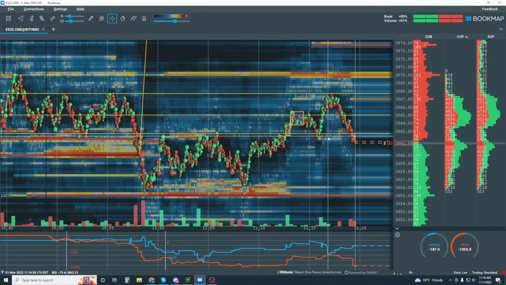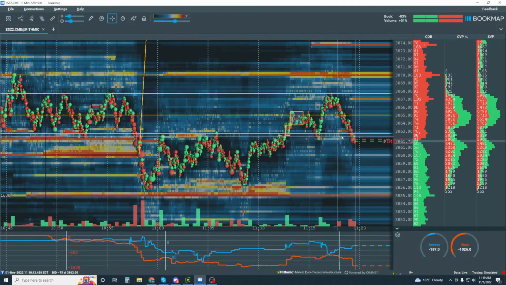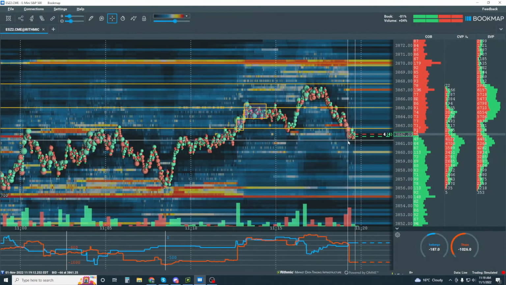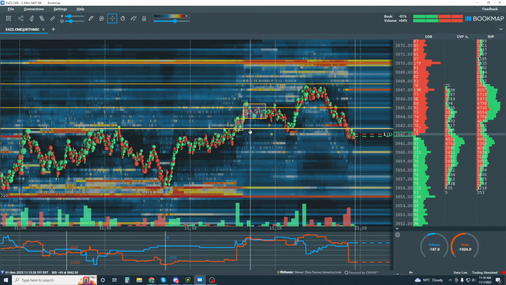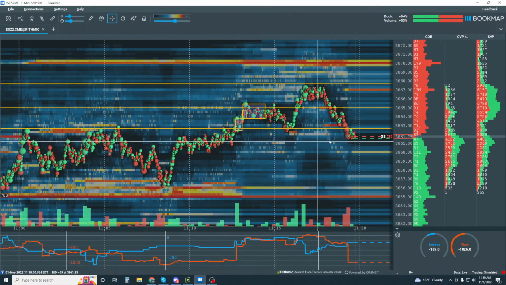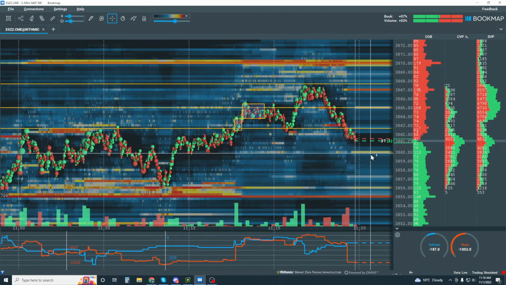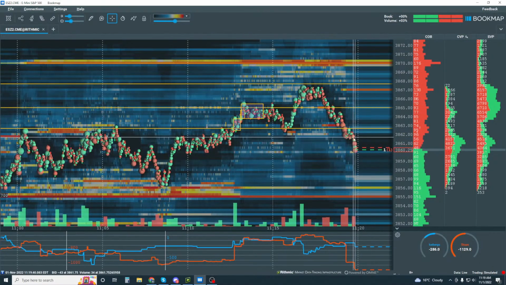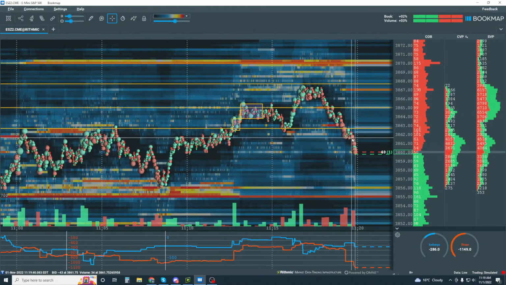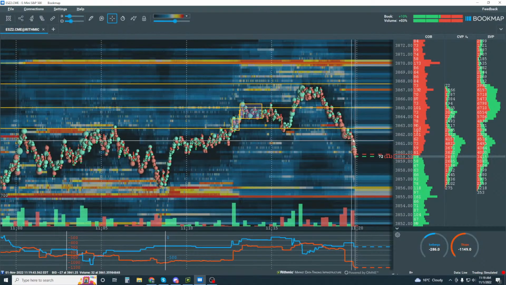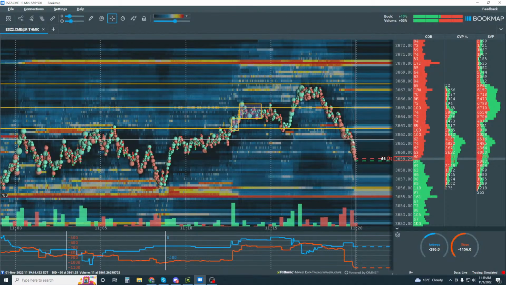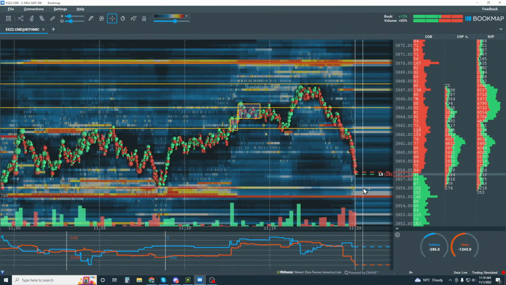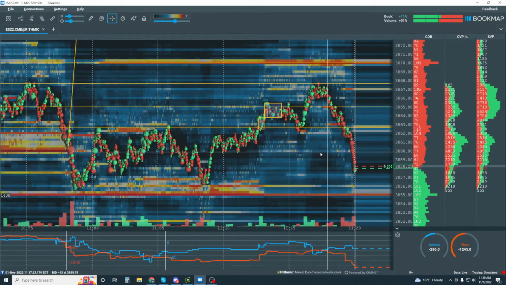Okay, now selling coming in, and we're below all of that buying right now. So let's see if the sellers can take it down. 60. Yeah, you'd have to just jump in there and take a swing at it here at 60 or 61.5. Stop to break even already. You're looking for it to trade down to 56 and 55 and take some off.